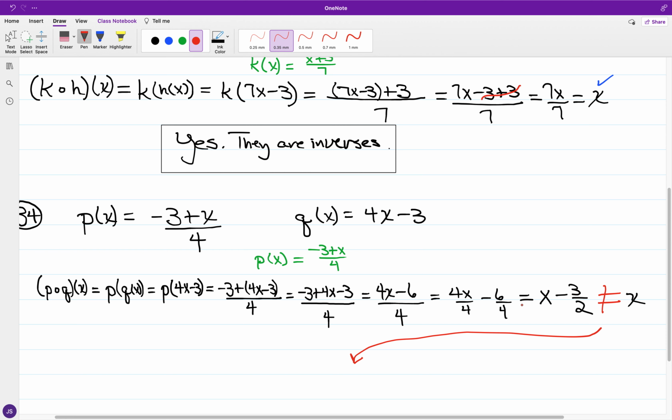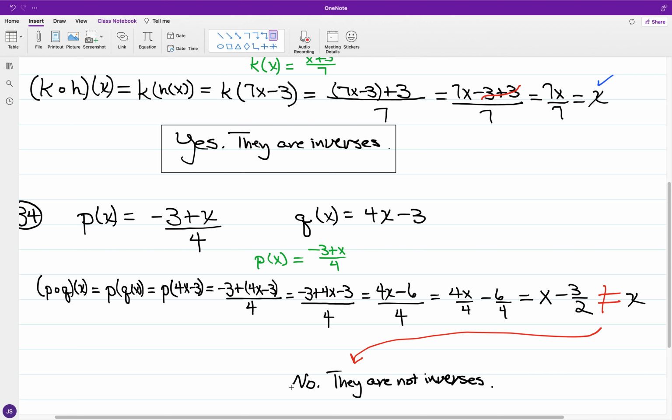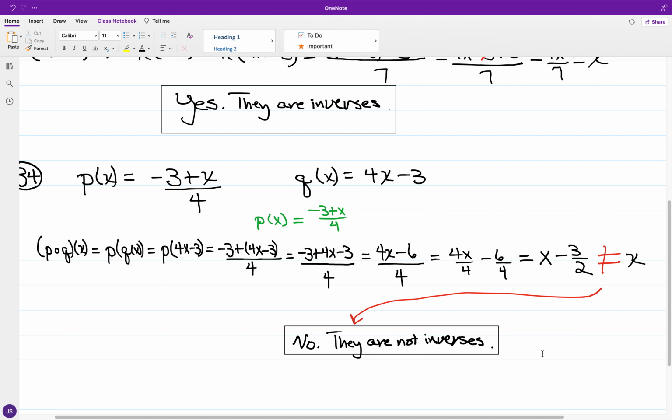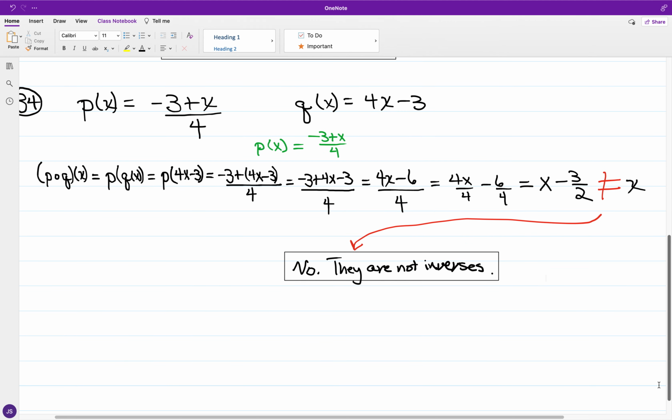If you have a reduction to where you have anything other than x, or whatever the input variable is, it's going to turn out that the functions are not going to be inverses. So while 32 has a pair of inverses, 34 on the other hand does not. All right. Now, looking at again into determining the inverses of one-to-one functions, and we have for the case in